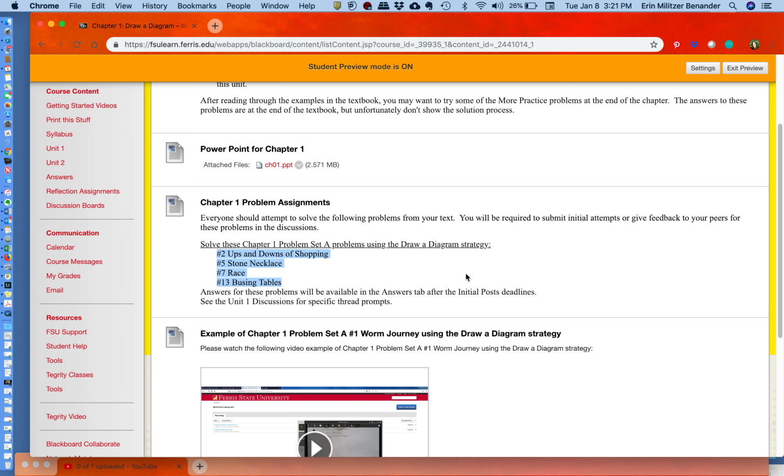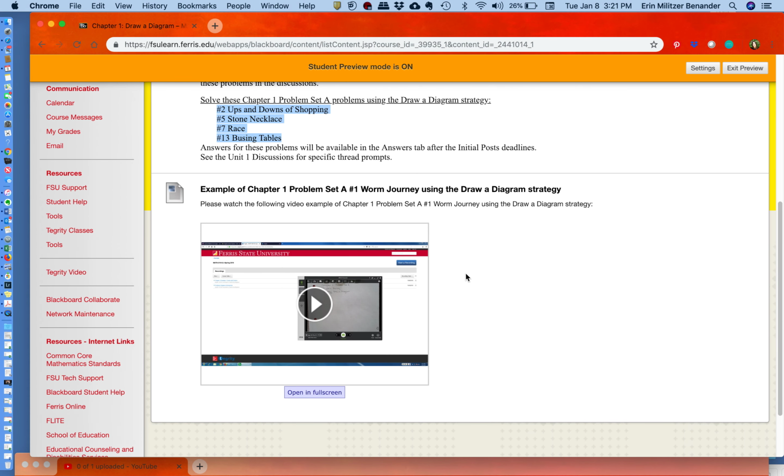So it will not be overwhelming if you work diligently and keep up with the problems every week and get ahead. There is an example of a draw a diagram that was actually done by one of the faculty members who teaches this course besides me. Another